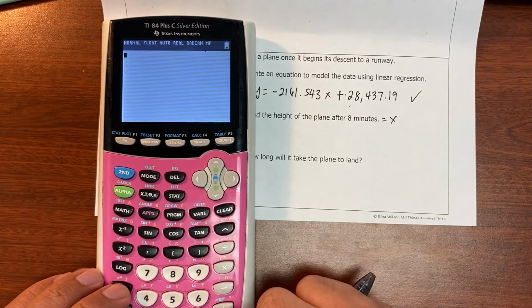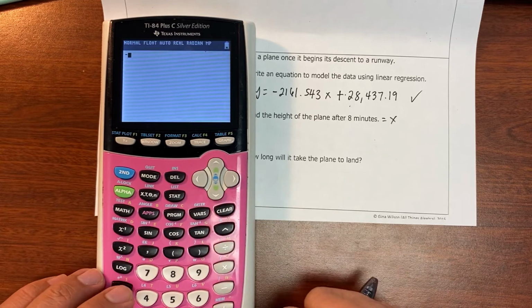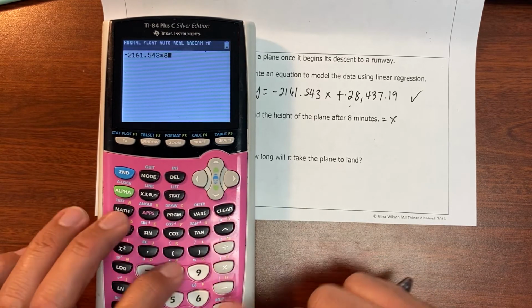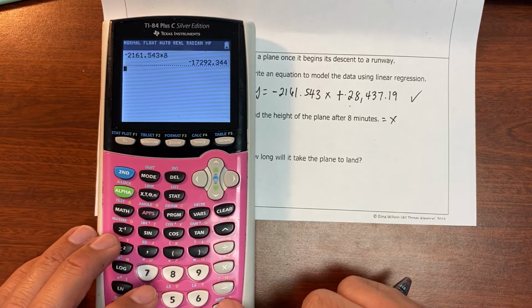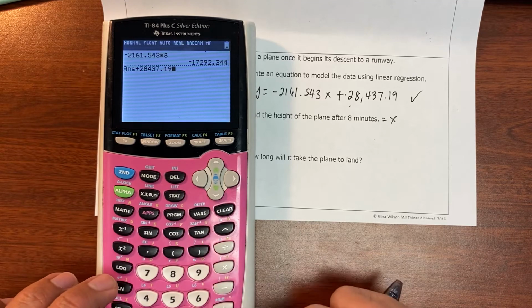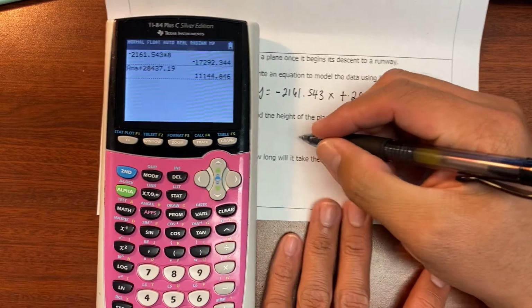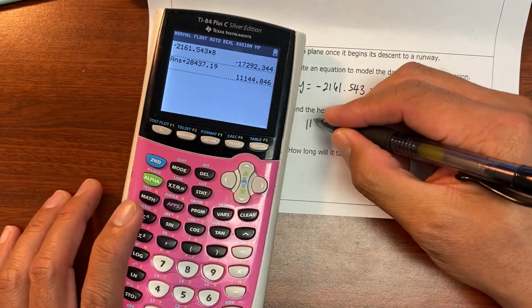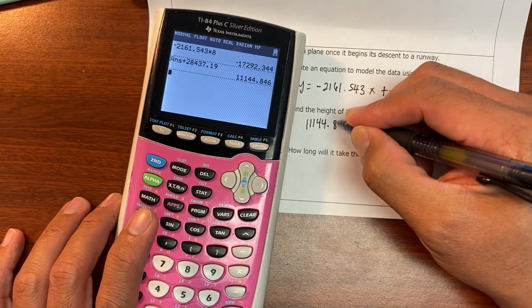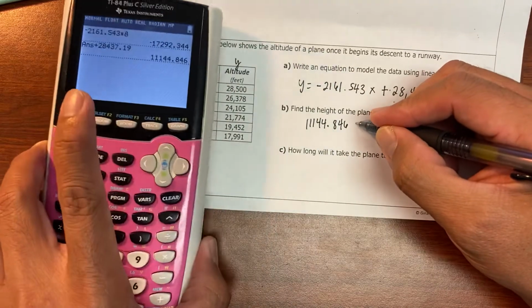Oh, my bad. So negative 2161.543 times 8, enter. Then I'm gonna add 28,437.19. The answer is 11,144.846 feet